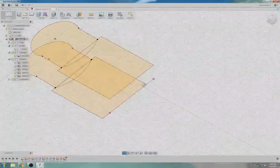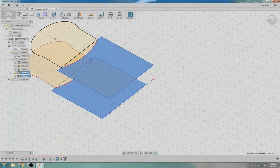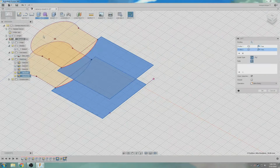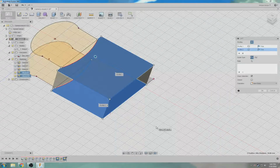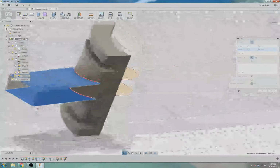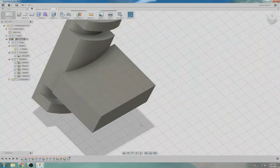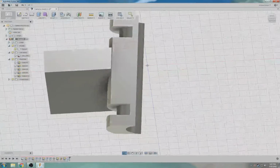Can't remember. Anyway, what we want to do now is select that, and say loft. And we're going to unhide that. And that's going to be a join. So that's going to make all of that geometry there, which is lovely. So now we have a platform sticking off the edge of our mount,